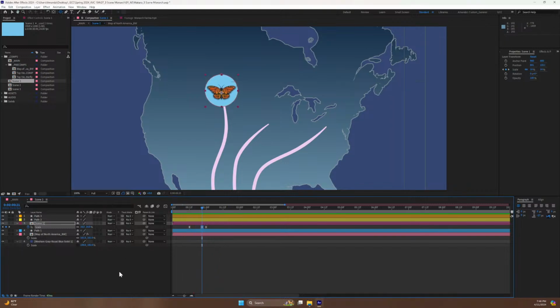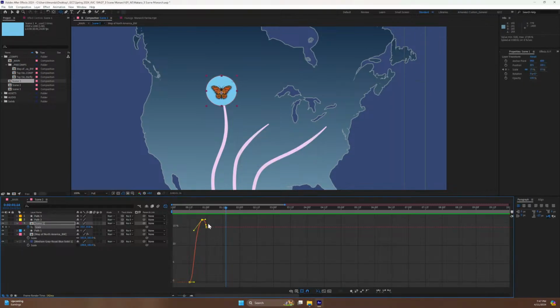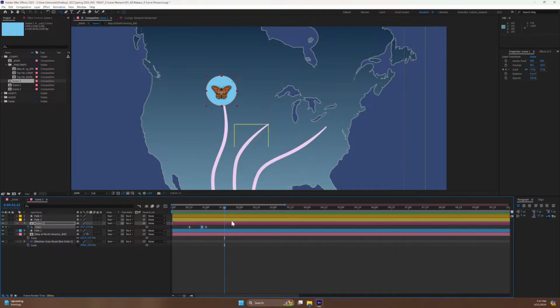Or 17. It's a very small percentage. But these little details just add a little bit of love to your animations. And then just kind of coming in here, and maybe I want to bring this up a little bit and out. Nice. Okay. So I'm going to save that, and I'm going to maybe even bring this back a couple more